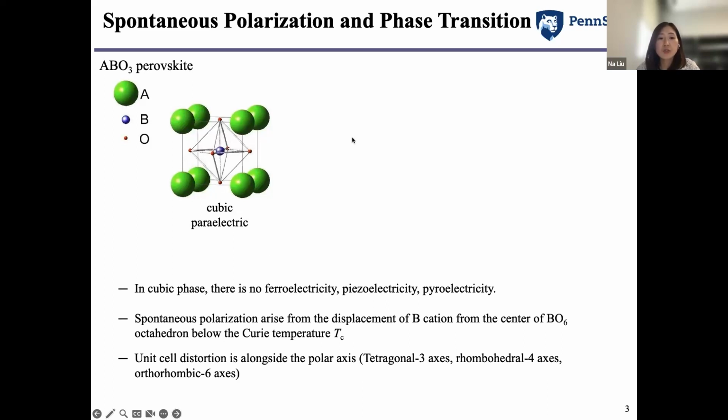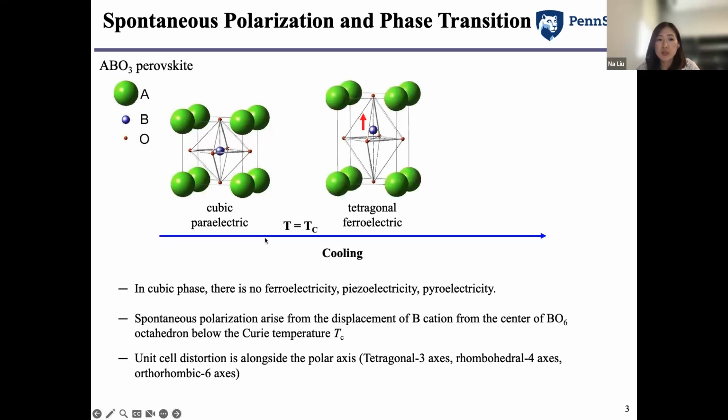So in order to generate such properties in the system, we have to decrease the temperature to the so-called Curie temperature, and then induce the phase transformation. Let's take barium titanate as an example. By cooling the temperature below the Curie temperature, we first transform the cubic phase to the tetragonal phase,